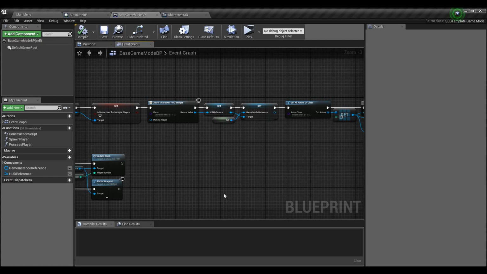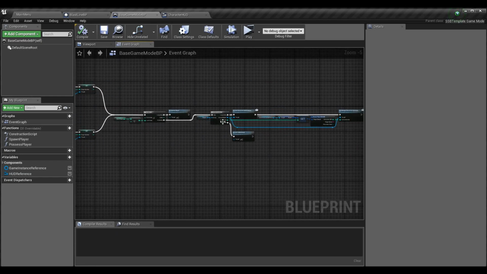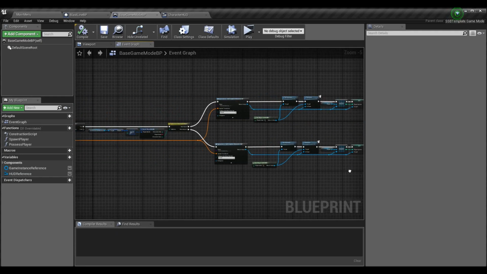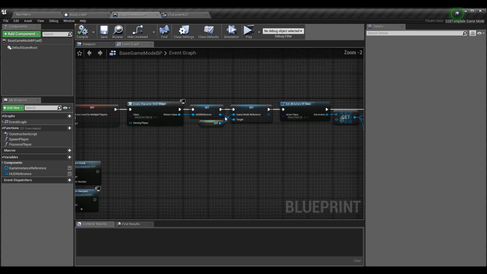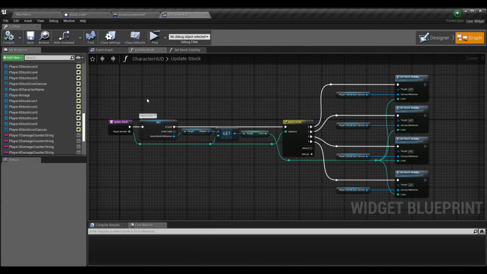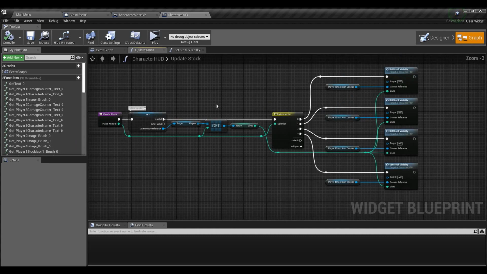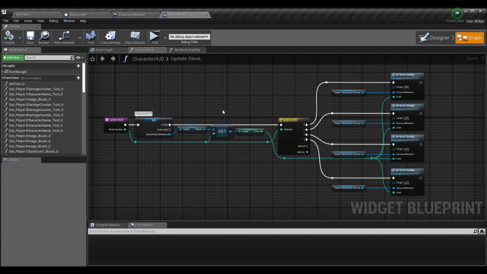And I'm doing one other thing here that I wasn't doing in the last episode. So not only did we move it from this for loop, the completed of this for each loop, to the beginning of begin play here, but I also added another variable in the HUD called game mode reference. So I found out this neat little way that it's a little bit better, and it will fix timing issues that we've sometimes had in the past, where we had to kind of get around knowing when a begin play